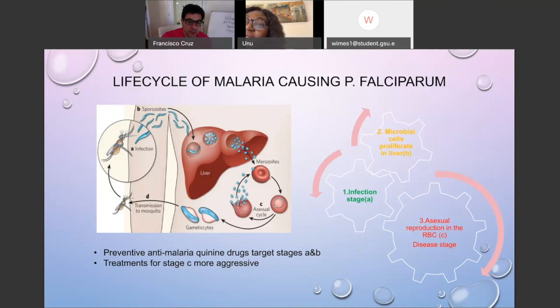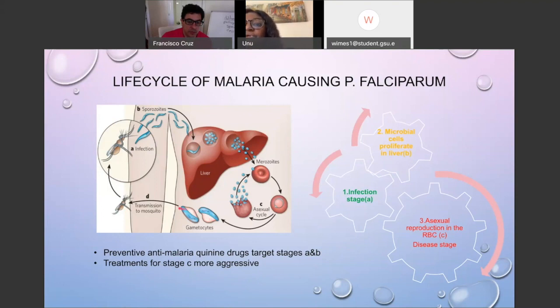So that's the most disease-causing stage. It forms the merozoites. Within the merozoites in the red blood cells, there's an asexual cell cycle. So that's how it duplicates, forms the gametocytes, and then the gametocytes go on to the sexual reproduction stage in